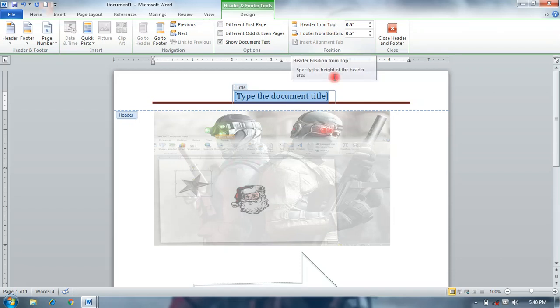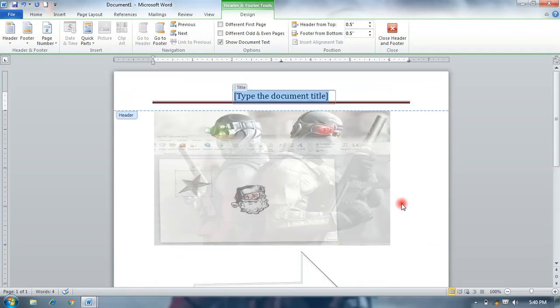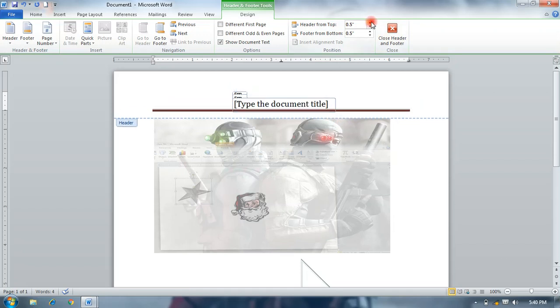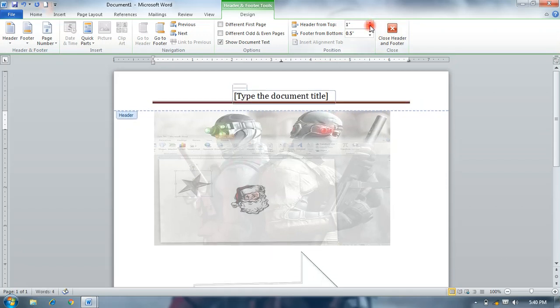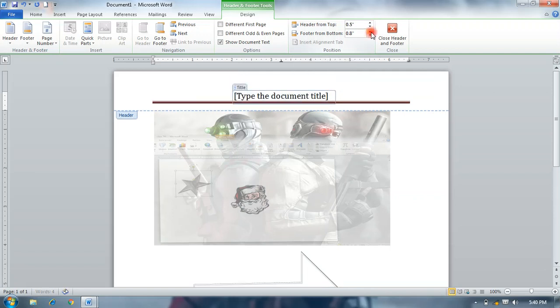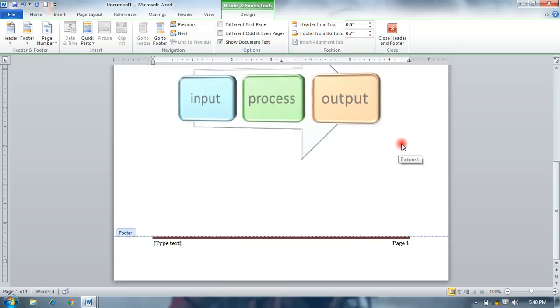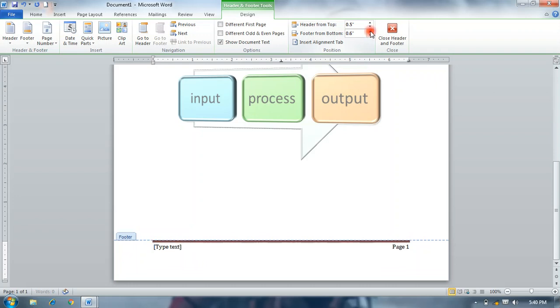If your header and footer is not displayed on your page, it is hidden by another object, so you can select header and footer options from here, and you can select and display your header and footer like that.